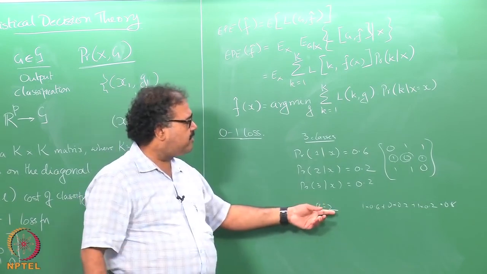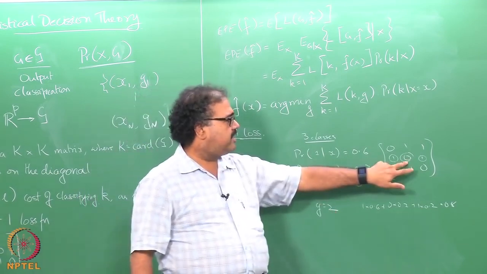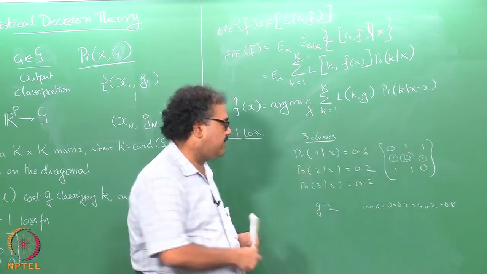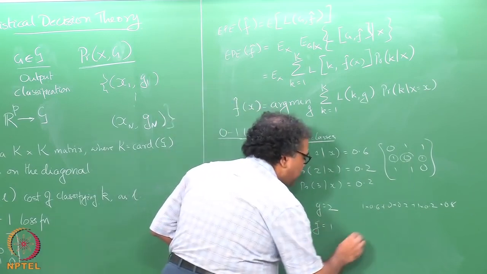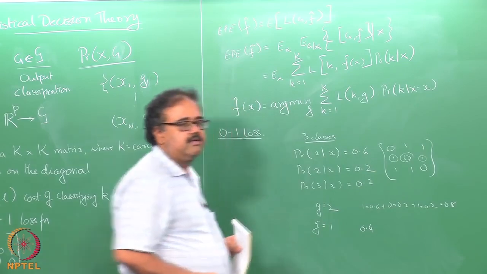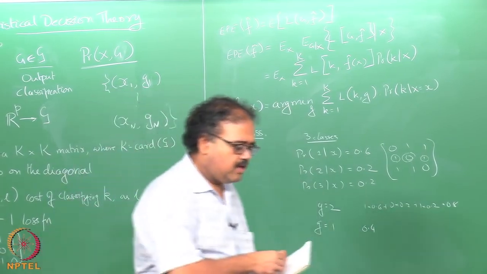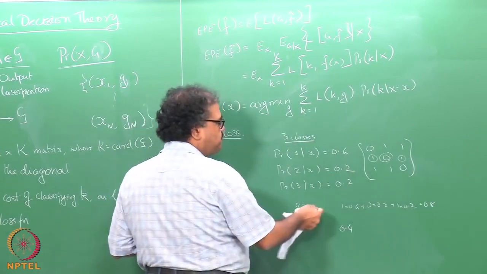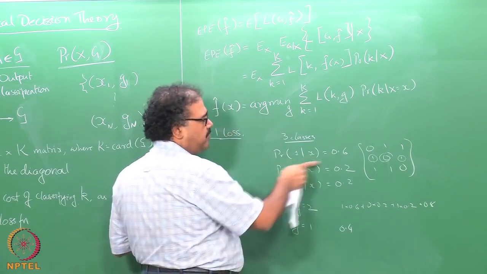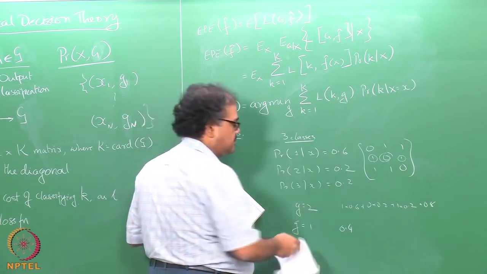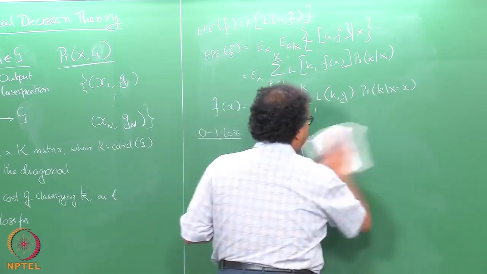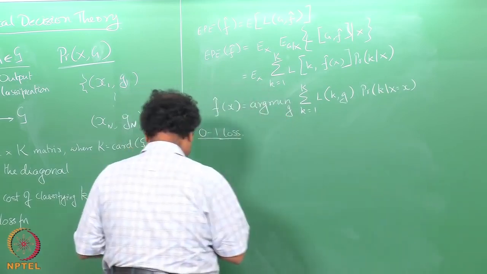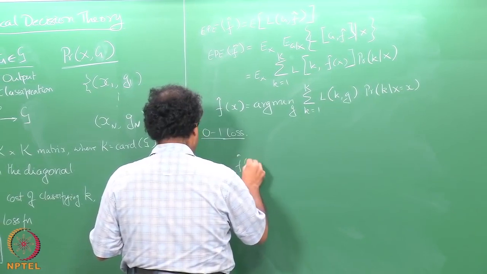As you can see, depending on which value I choose, if I choose g equal to 2, then I will be zeroing out the second entry. If I choose g equal to 1, I will be zeroing out the first entry. So, by choosing g equal to 1, I will basically get a score of 0.4. So, what I have to do in order to get the minimum here is to pick that g for which this probability is the highest. So, I will set f hat of x